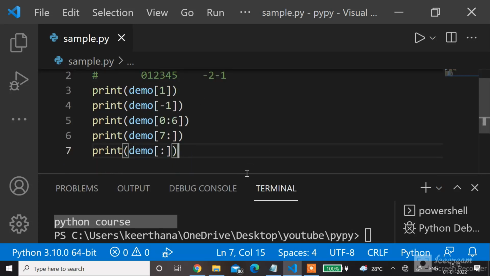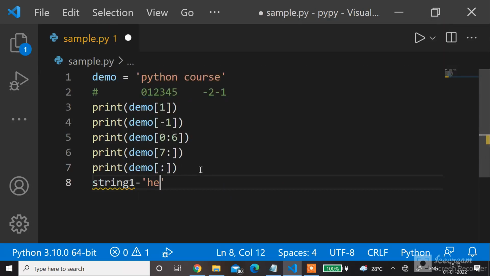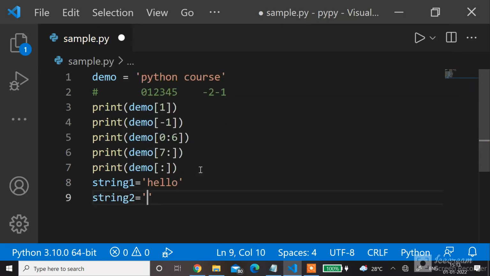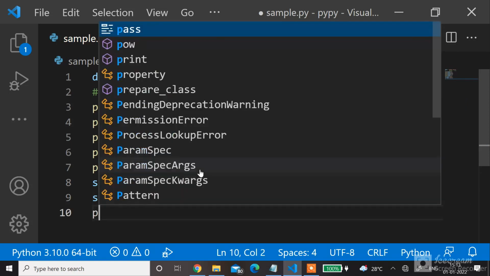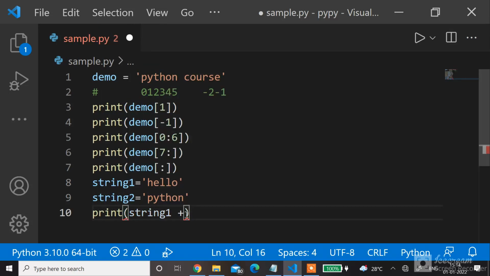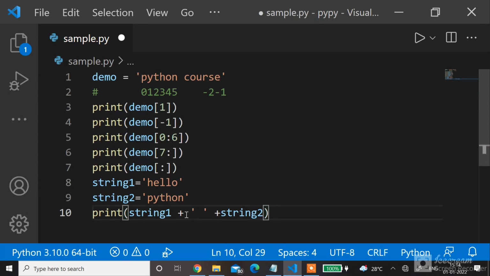String operation. String concatenation. String 1 is equal to hello. String 2 is equal to Python. Print of string 1 plus open quotes and leave a space, then close the quotes, plus string 2. Now run the file.